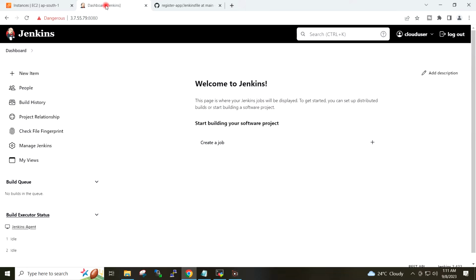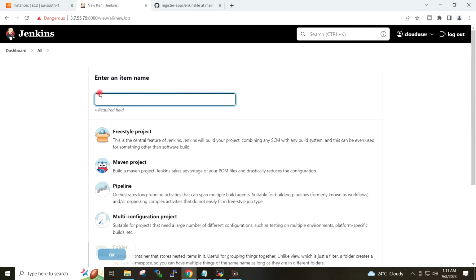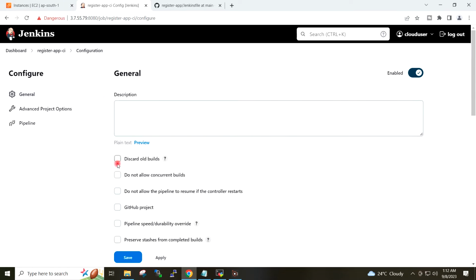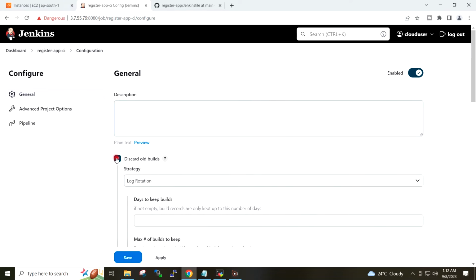I will go to my Jenkins dashboard, new item. I will give the job name register app CI pipeline. OK. I will tick on discard old builds.